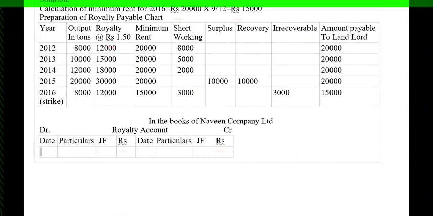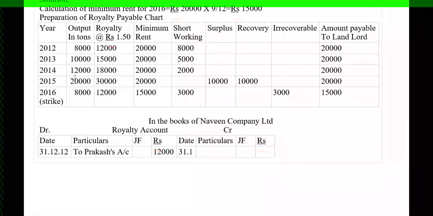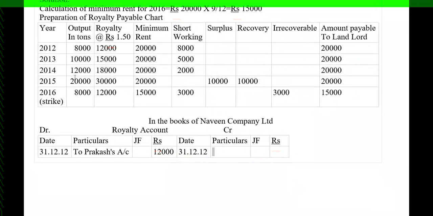So when the royalty is payable at the end of the year on 31st 12, then it will be royalty account debited to Prakash's account. So the royalty payable in the first year is rupees 12,000. So 12,000 here. So at the end of the year, that is on 31st 12/2012, when it is transferred to